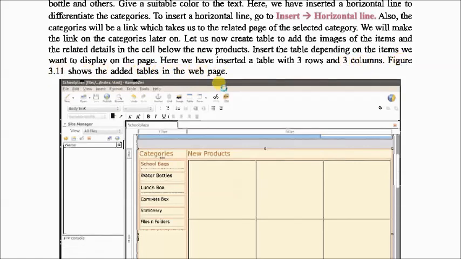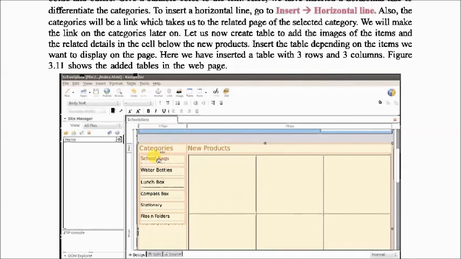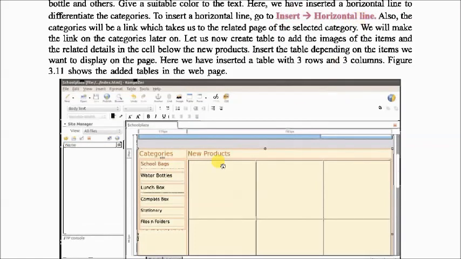See here in categories, 1 2 3 4 5 6, it is one column and multiple rows. But in between, see here, horizontal rules are there, meaning a line is added. Already seen: insert horizontal line. Sometimes we use a line as a separator, so it shows the difference between two. As a separator we have added a horizontal line.